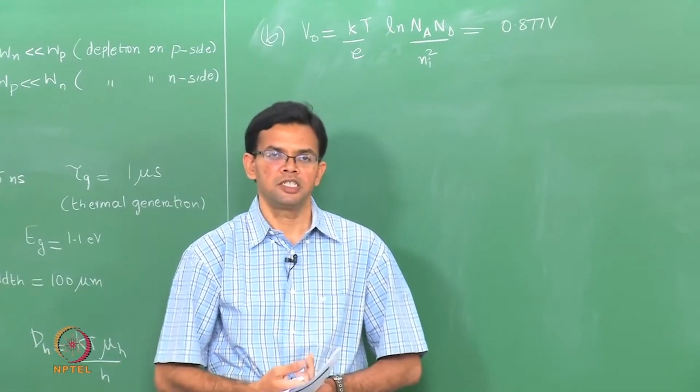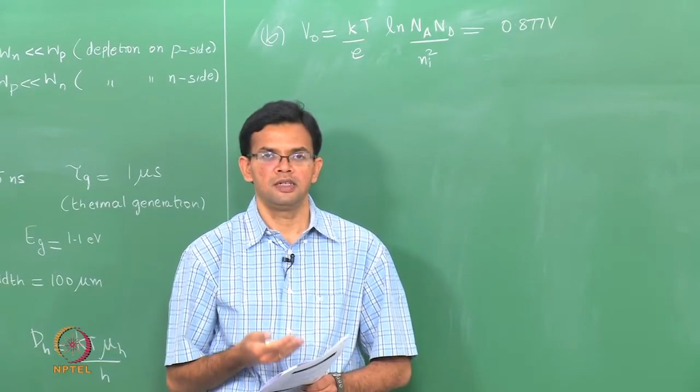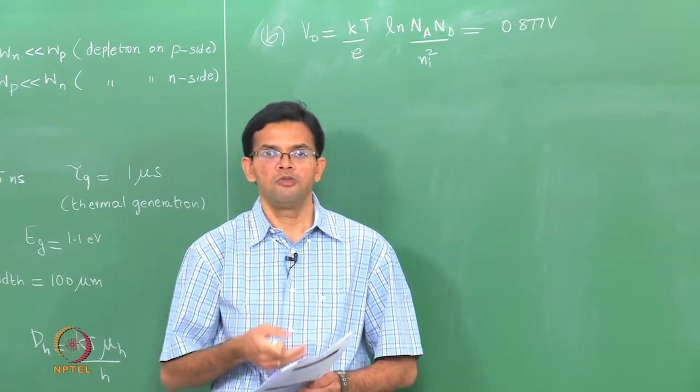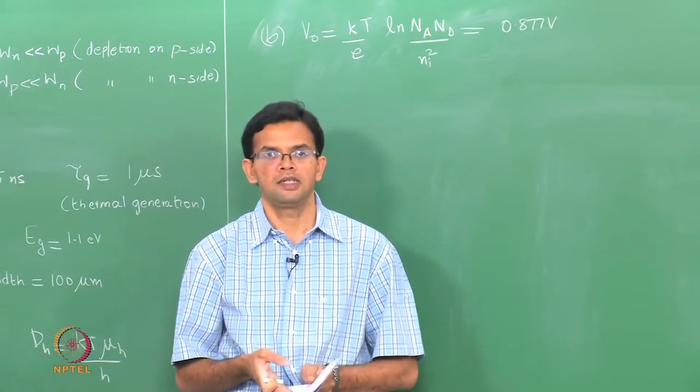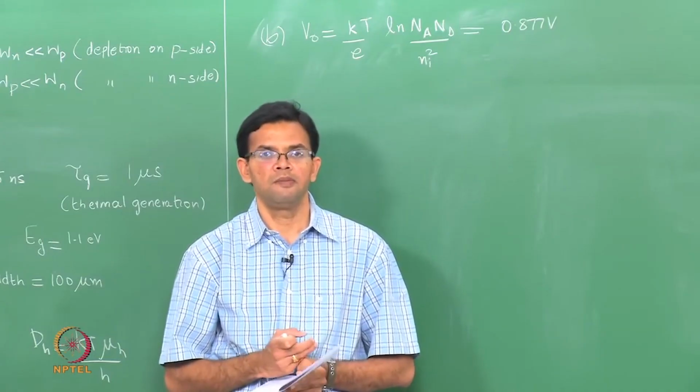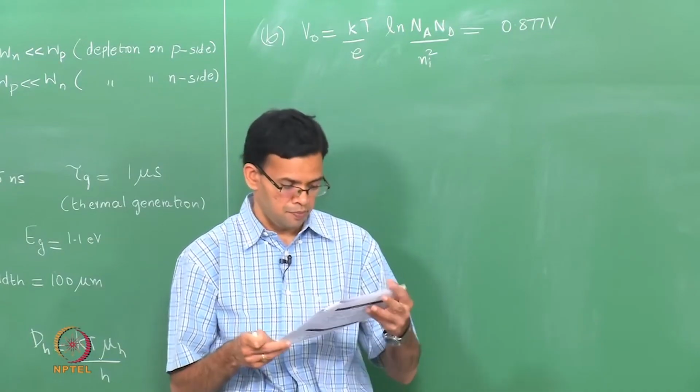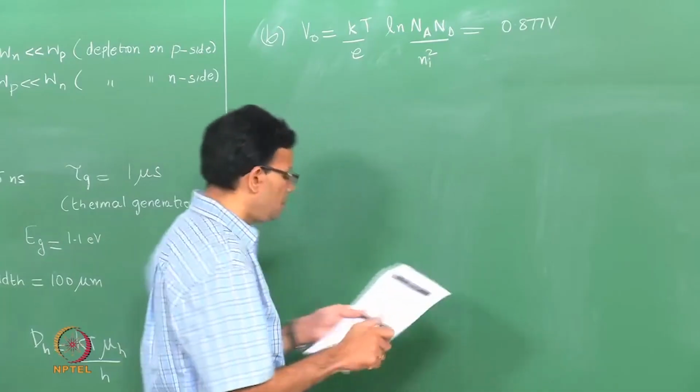This particular problem does not ask you to calculate the depletion widths, but you can go ahead and do the calculation and you will find that the depletion width is almost entirely on the N side and that there is a very small depletion width on the P side. Part C,